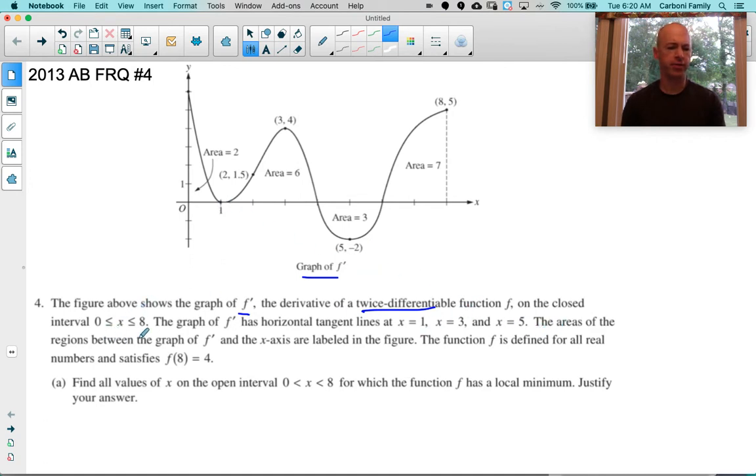The areas of the regions are given, and they tell you that f of 8 is 4. There's an initial condition that may come into play. Okay, so find all values on which the function has a local minimum, and a local minimum, your thought process should be